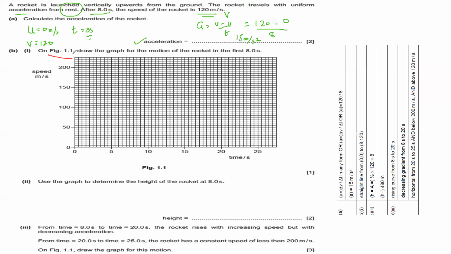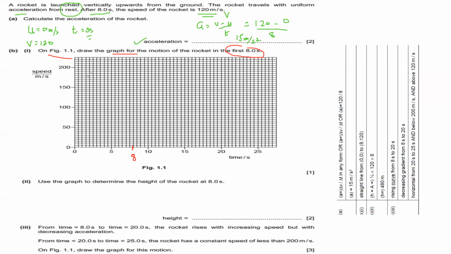On figure 1.1, draw a speed time graph for the motion of the rocket for the first 8 seconds. So how can we draw a speed time graph for the motion of the rocket for the first 8 seconds? It is moving with a constant acceleration, so it should be a straight line with a constant slope. And at 8 seconds, here every two boxes represent 1. So this is 6, 7, and this is 8. So when time is equal to 8,